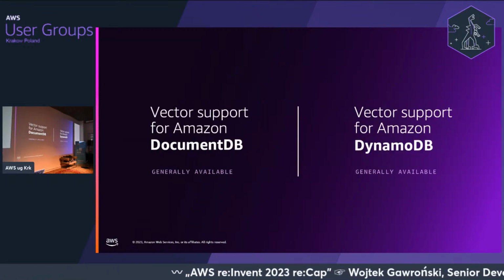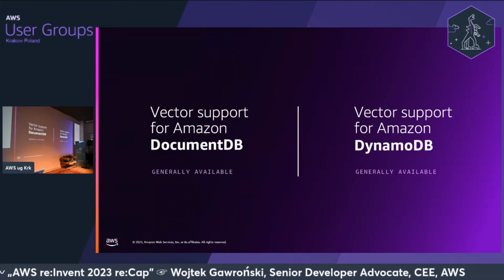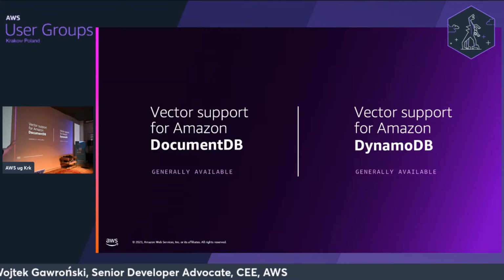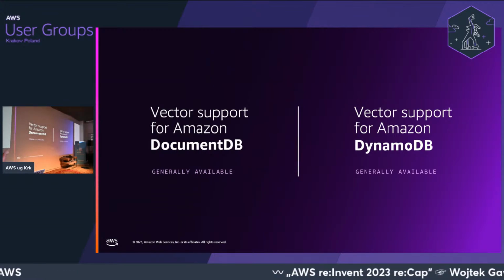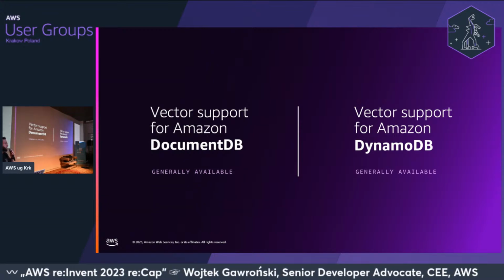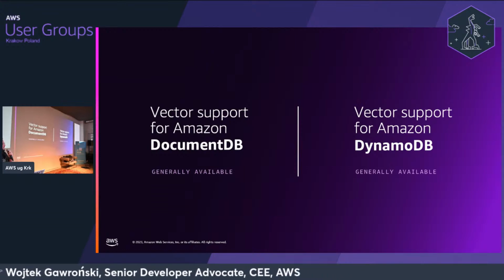And then there were a few databases that got the vector search support, Amazon DynamoDB and DocumentDB. With DynamoDB, it is generally available, but it's not as direct as you may think, because that was allowed thanks to the ability to drop the data to S3 and then load that data from S3 to foundation models. So it is zero ETL essentially, but at the same time, it's not as direct as you think.